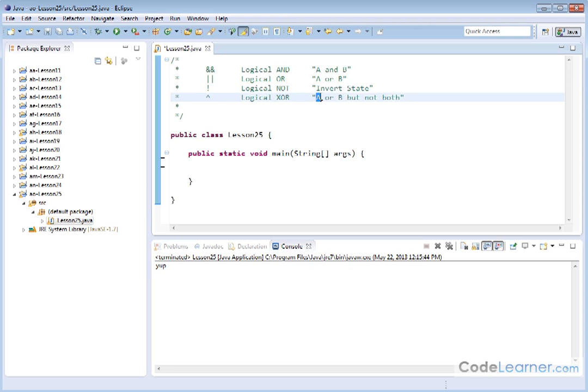And then finally, we have this caret symbol, and that's a logical XOR. It means A or B, but not both. So in other words, it's A or B, but in this case, for the regular OR, A could be true or B could be true. If both A and B are true, then of course it logically satisfies a